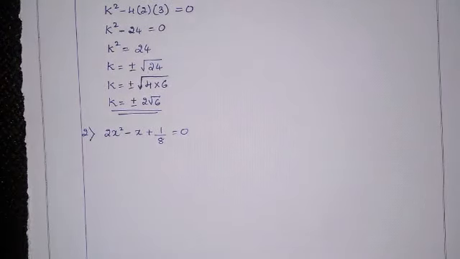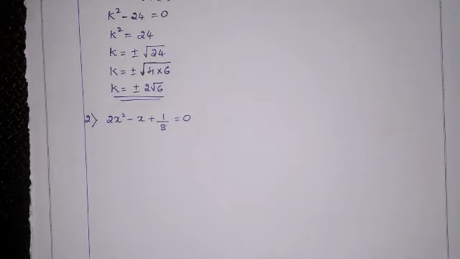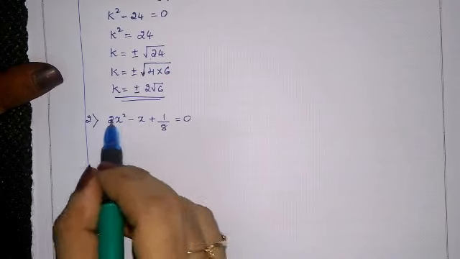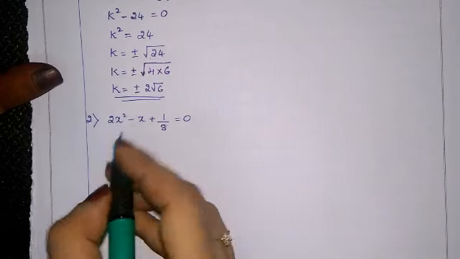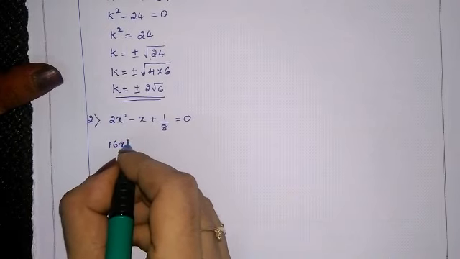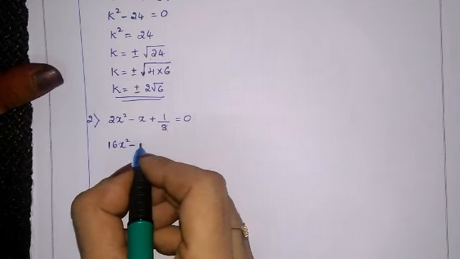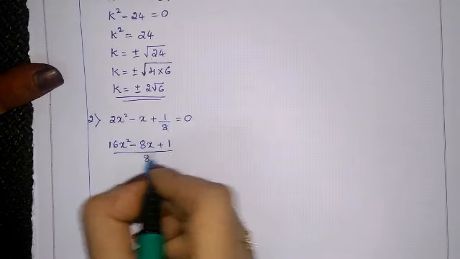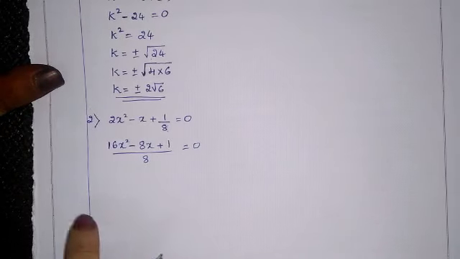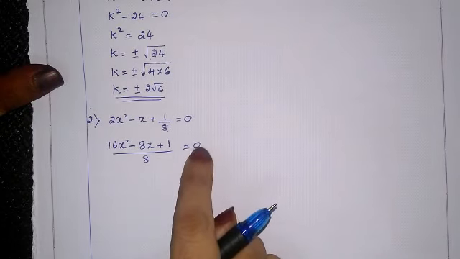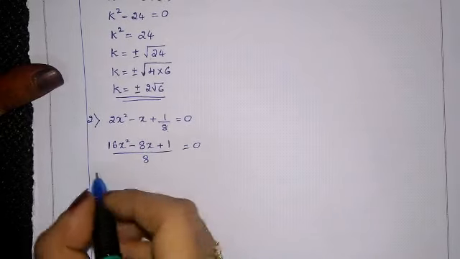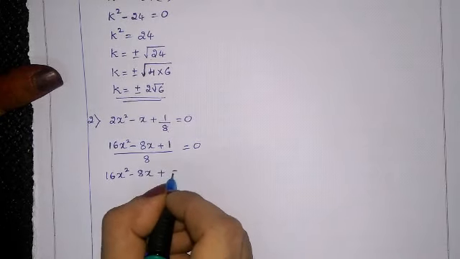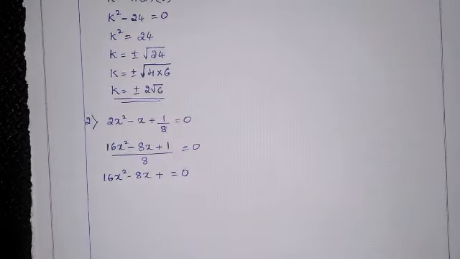Solve by factorization. So before we write, we have to write this in the standard form. So we will multiply this 8 to these two terms also. 8 2s are 16 x square minus 8 into 1 is 8x plus 1 upon complete 8 equal to 0. In next step this 8 will go and multiply here. So 0 multiplied by any number is 0. 16x square minus 8x plus 1 equal to 0. So this is now standard form.